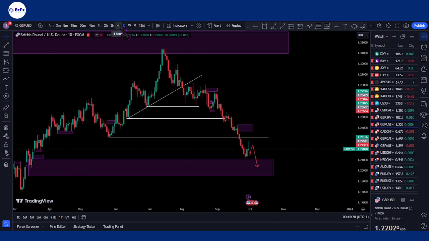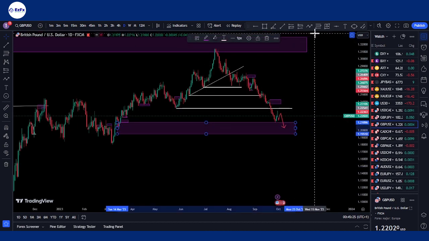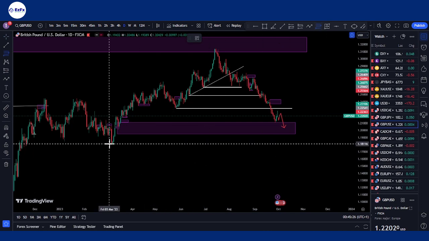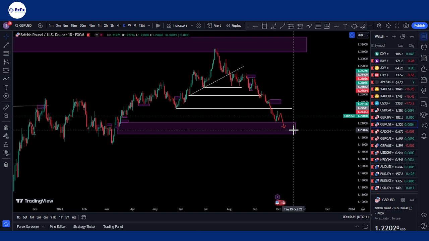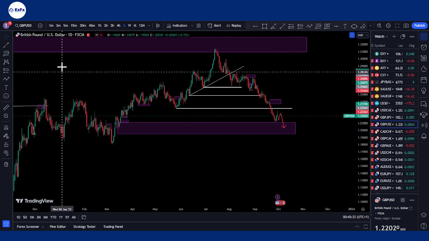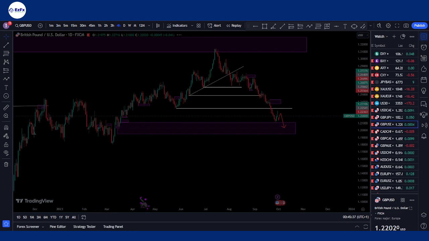However, during the course of this week, let me just quickly say this before we move on. I think this was marked out with our fib. Let me just confirm that. Yes, this was marked out with our fib, and we've gotten to see that bullish rejection from there. However, that is just a retracement towards the upside.